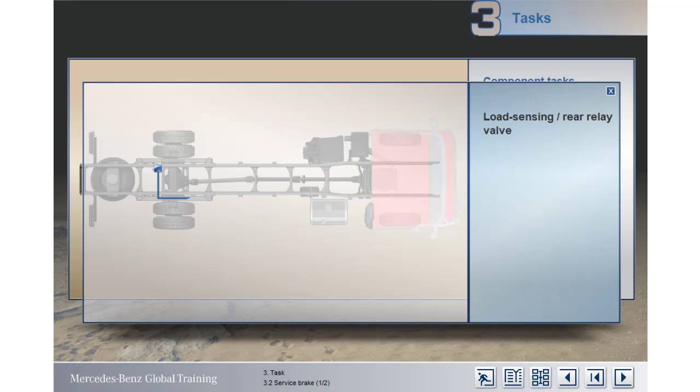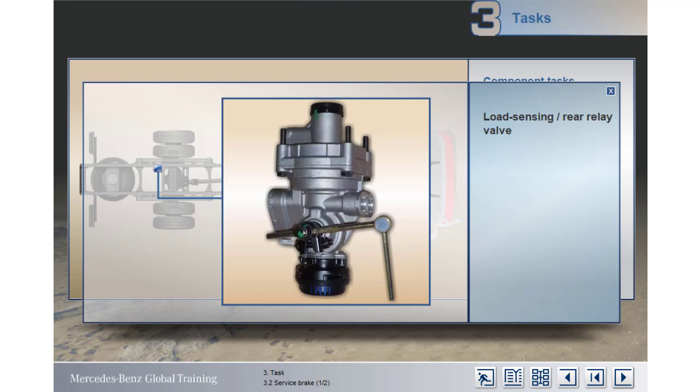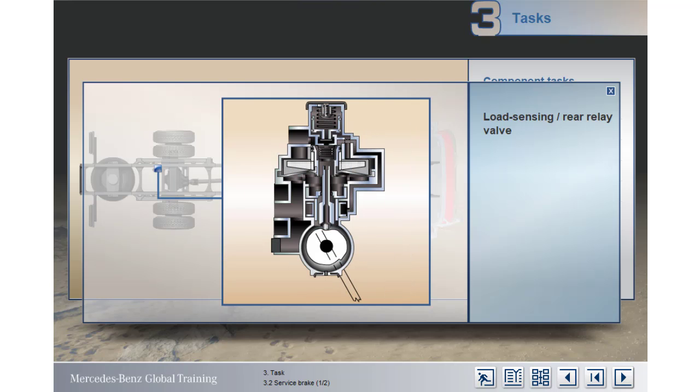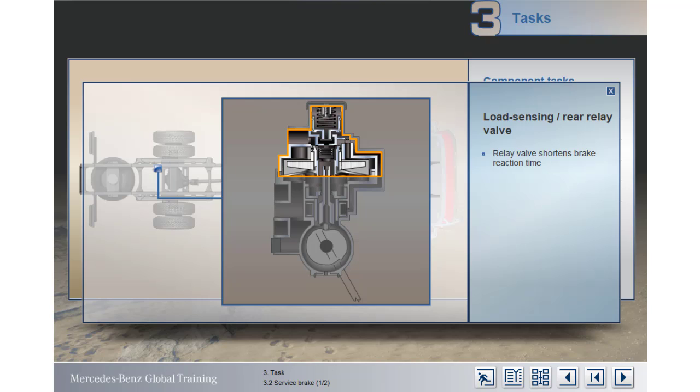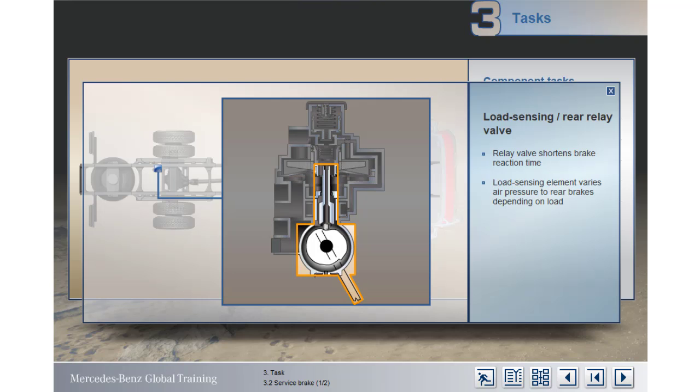Leaving the service brake valve for the rear circuit, air reaches the combined load sensing and relay valve, positioned close to the rear axle. The relay valve element of the component reduces the reaction time between pressing the pedal and the rear brakes being applied. The valve's other task, as its name implies, is to regulate the air pressure to the rear brakes depending on